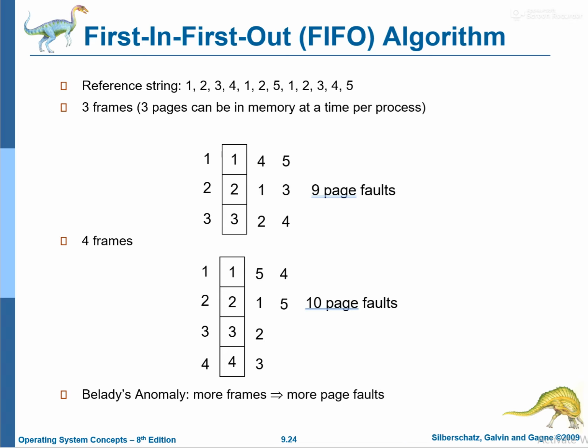So first, if we look at this reference string, this is our reference string. So we will bring these pages one by one into the free frames. So for each free frame, one page fault will occur. So when you bring 1 into the main memory, 1 page fault. Then you bring 2 into the main memory, second page fault. Then you bring 3 into the main memory,